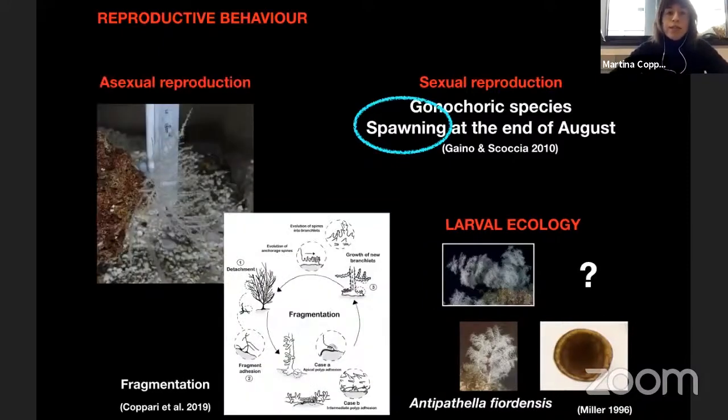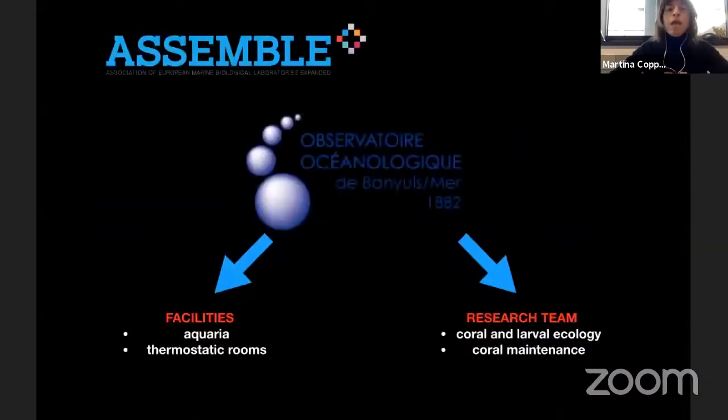Moreover, we know that Antipatella subpinnata is able to reproduce asexually by fragmentation. But we don't know if this species is also able to use a different asexual reproductive strategy. So we would like to investigate the reproductive behavior more in depth. That is why I applied for the ASAMPROS project, which gave me the possibility to